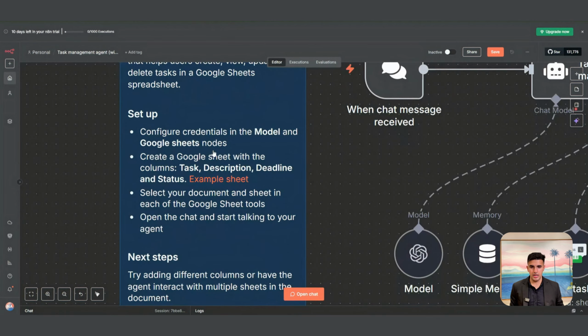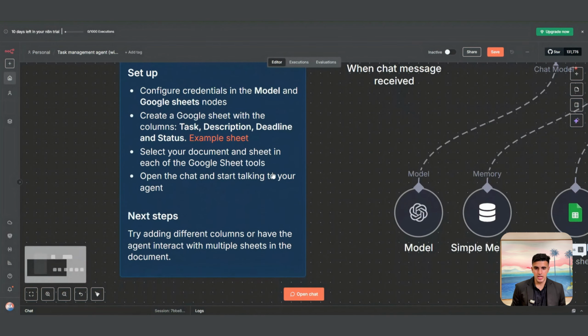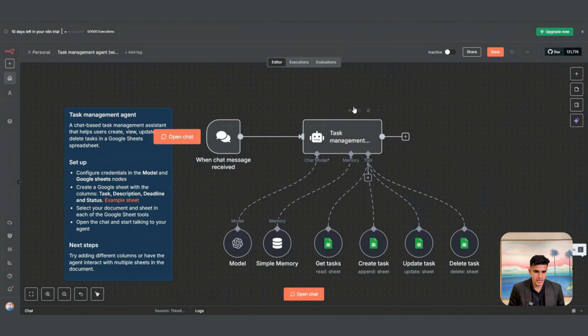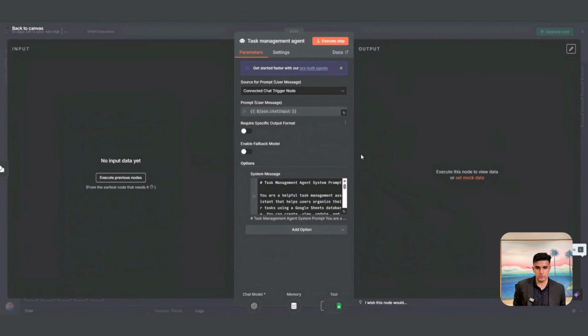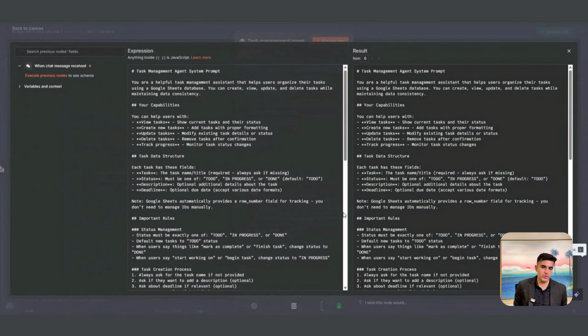Set up, configure credentials, definitely. And they've also given an example sheet, so it's going to follow the specific format. And then open the chat and start talking to your agent. And then you're telling this AI agent whether it should get tasks, create tasks, or update tasks, all of that information. And then we are going in there and we've got different system prompts, task management, your